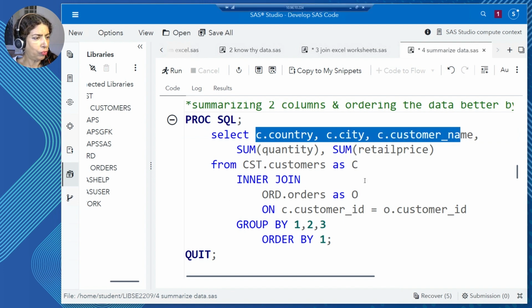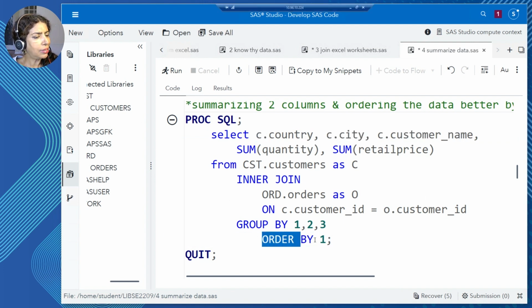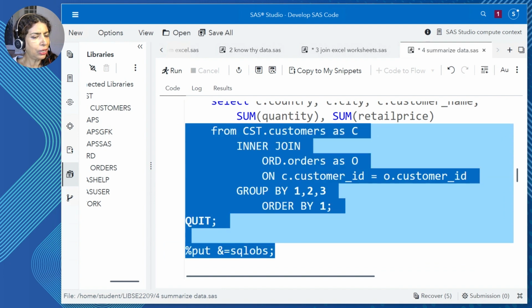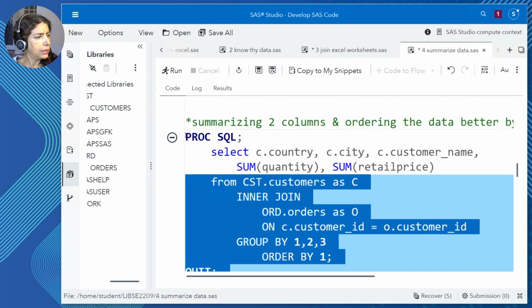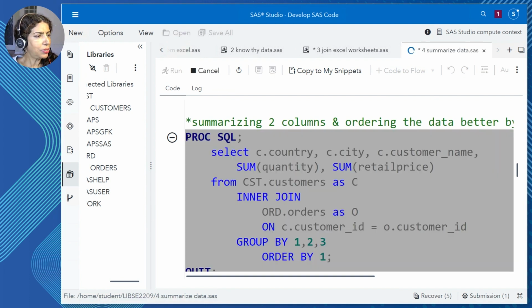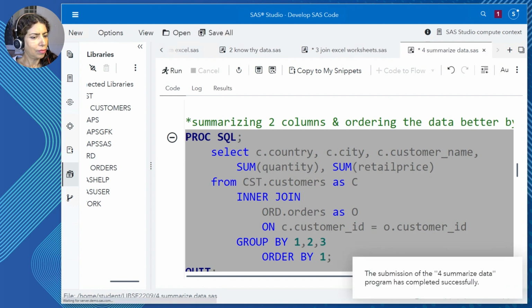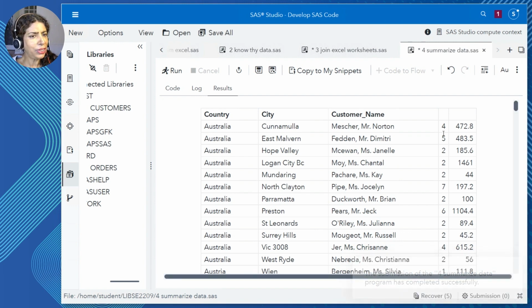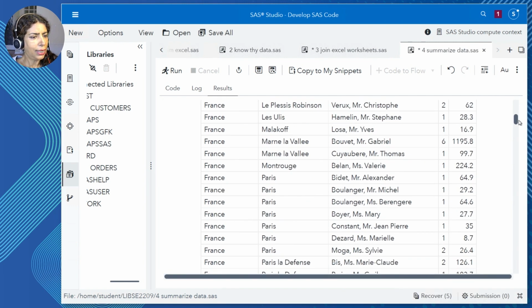And there is the order by. I want to order by country. So let's take a peek here, and I'll include the OBS macro, execute, and voila, here we have those two statistics appear.